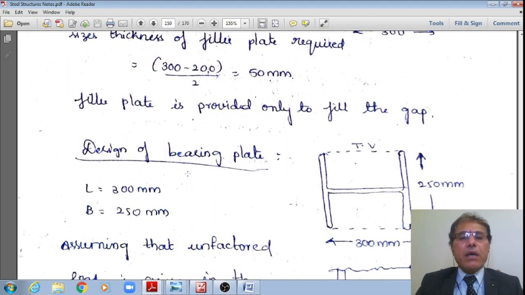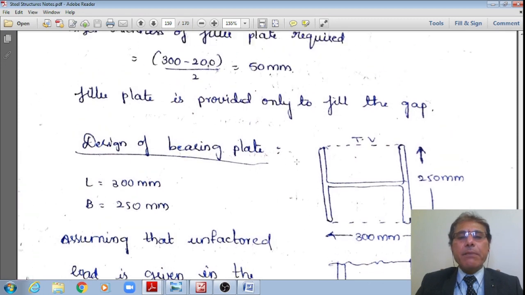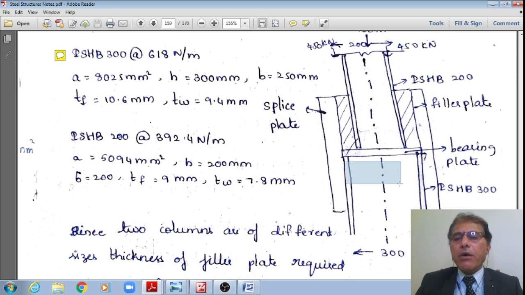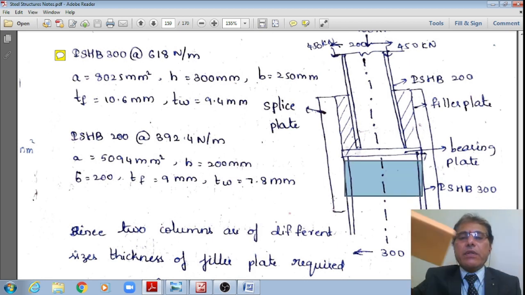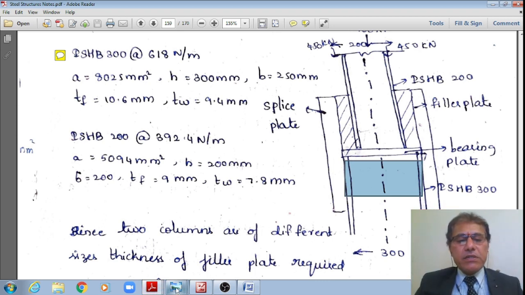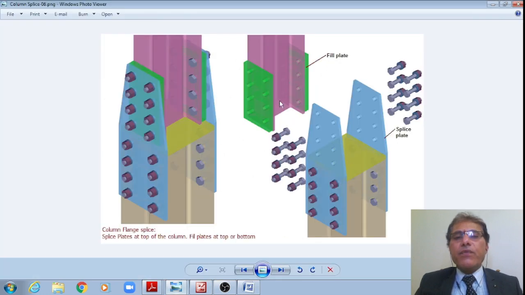Now, once I fix that, the next subheading is the design of the bearing plate. Please see that here the top column is resting onto the bottom column. If there is no bearing plate, what will happen? Let me show this in this figure. If I remove this brown color bearing plate, the web will be having a perfect contact with the web of the bottom flange. But you please see that this